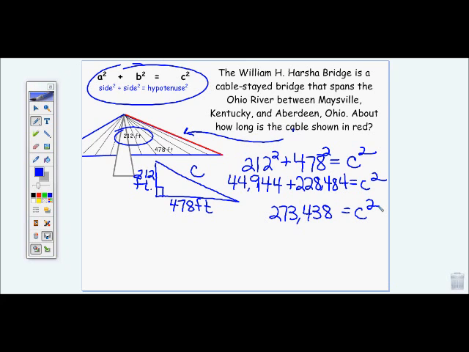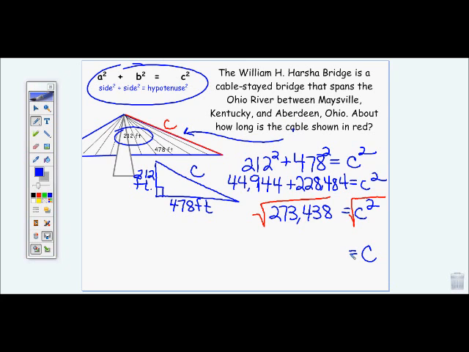Now the problem asked for the length of the hypotenuse, which is going to be our C term. We have it as C squared, and we only want to know what the length is, so we need to find the square root. If we are trying to find the square root there, we also need to find the square root here, similar to what we used to do with our balance equations. So now we have the square root of C squared would be C, which is what we want to know, the length of that cable, and the square root, and again you'd be using your calculator for this, of